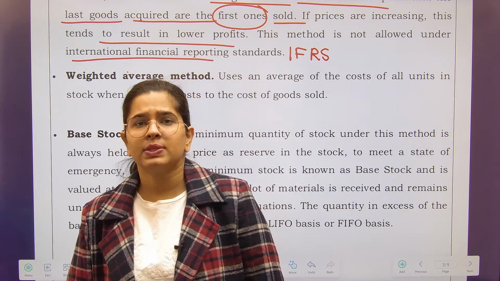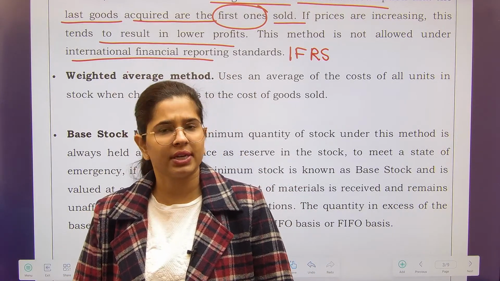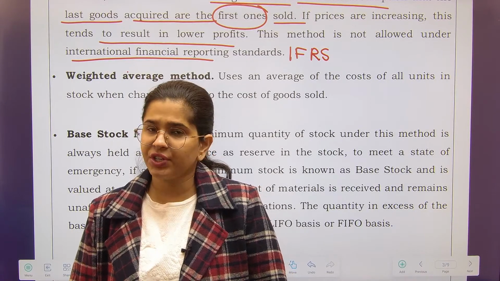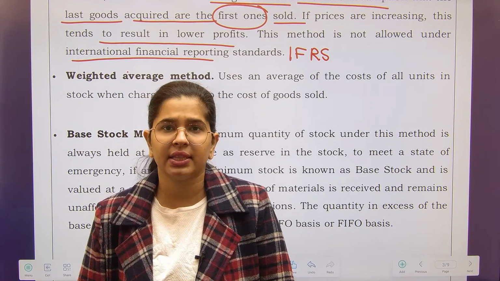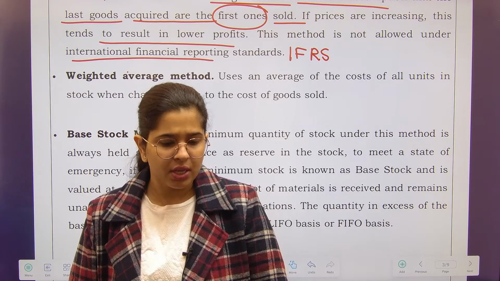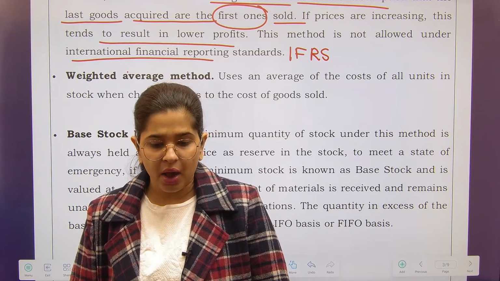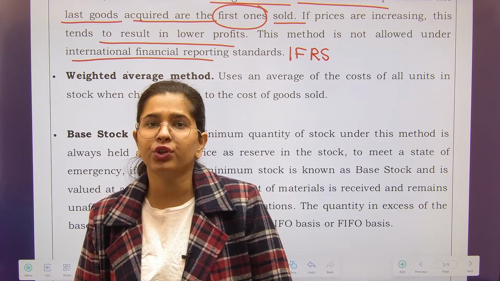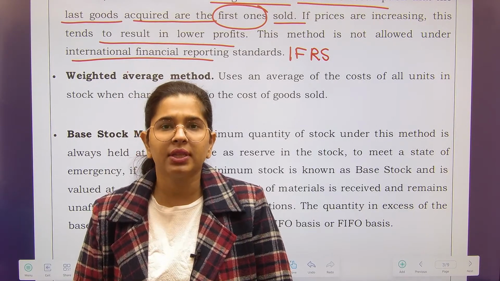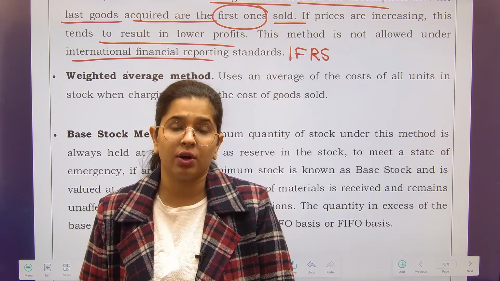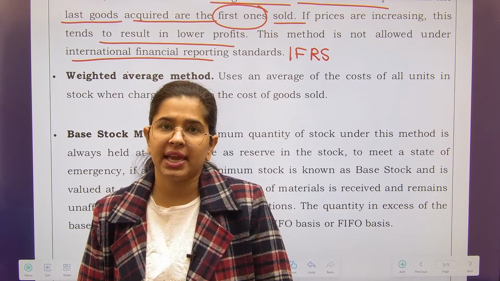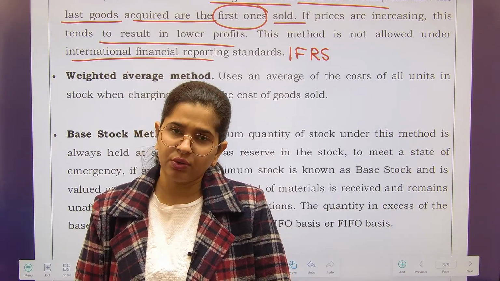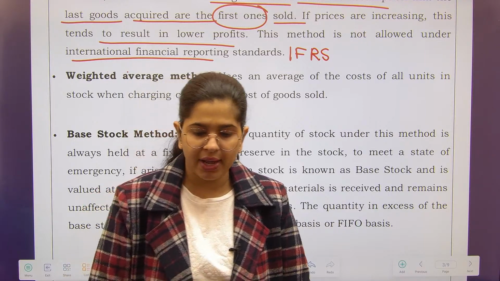There are only 4 methods: your FIFO, specific identification, weighted average and LIFO, out of which LIFO is not acceptable in financial accounting. So that is not accepted. Now we are going to talk about a few other methods which are important for you theoretically. Just remember the names, that okay, this also happens, so if you see such questions in MCQs, you are able to solve them. Number 1 is